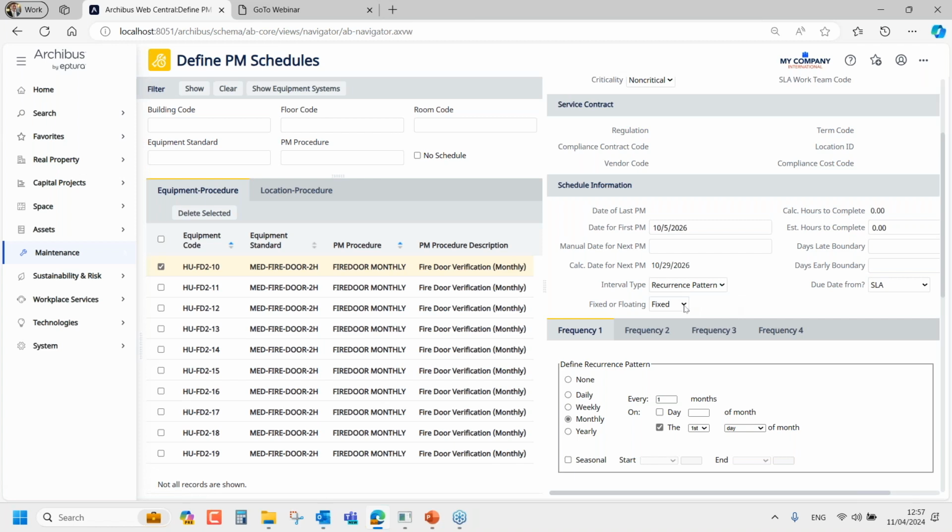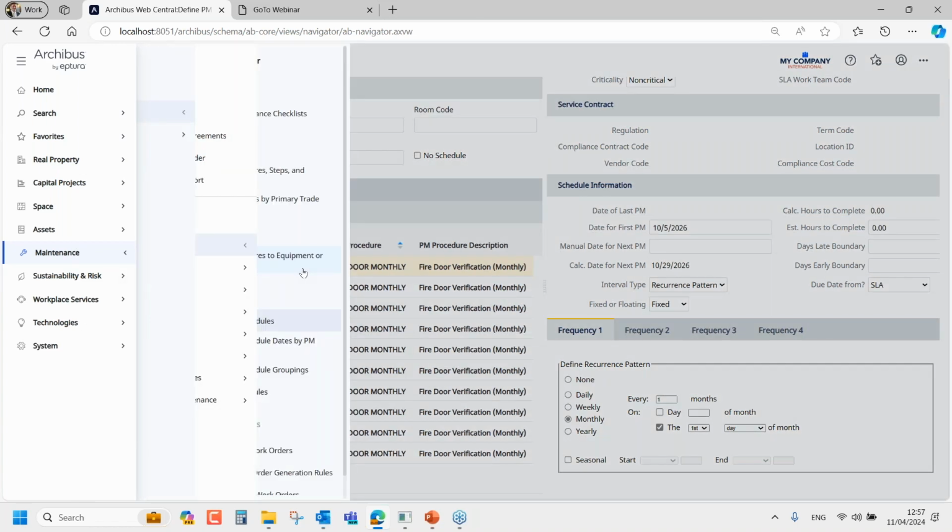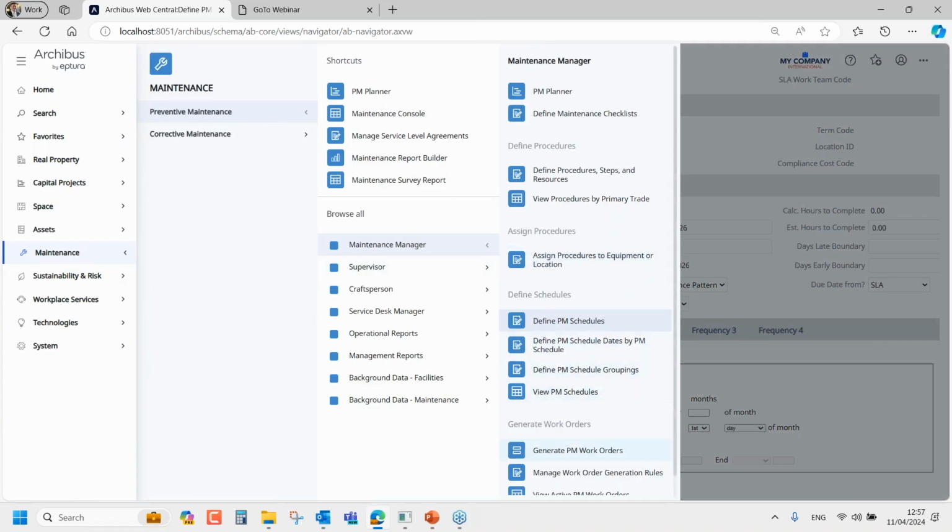So generally speaking, for priority procedures or important procedures or contracted procedures, you choose fixed. And then for things like filter replacements and other types of replacements, you might choose floating. But you set that up, set the date, and the last required step in this process is to actually generate